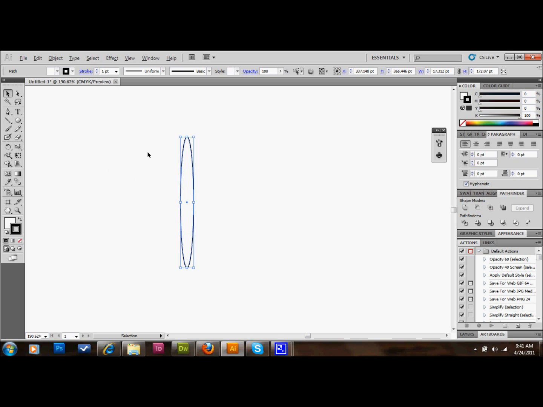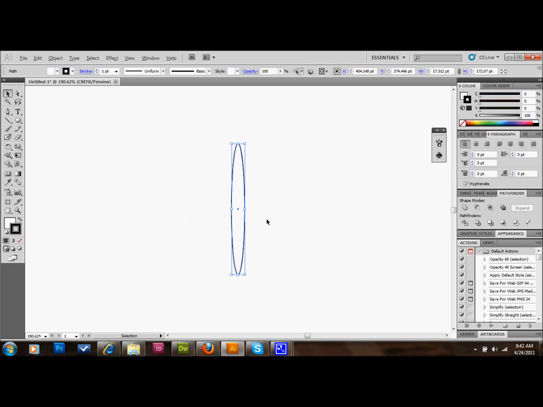Certainly you can try to do this with a non-symmetrical shape, and if you can make it work, power to you. It can work. It's just a lot more difficult. So anyway, I'm going to use a symmetrical shape, and this is the one that I've chosen. So what we do simply is we select the shape, and we press Control C on our keyboard, and then Control V to copy and paste. We can get rid of this original one now if you want,